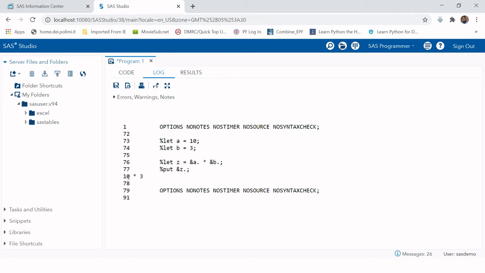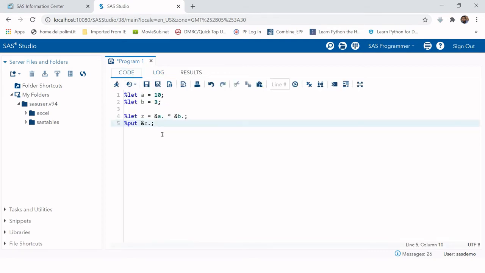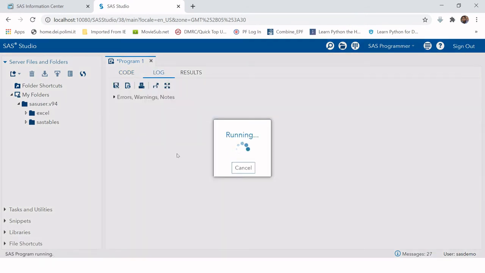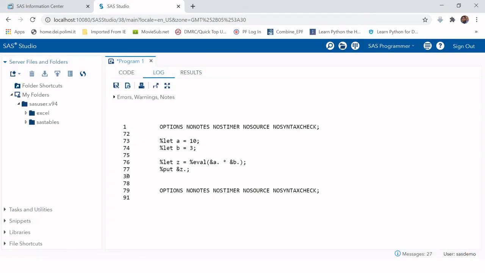So how are you going to store 30 in the variable z? For that you can use the eval function, percent eval, and within the brackets you can put these variables. Now let's run this. As you can see, the result is 30 now.